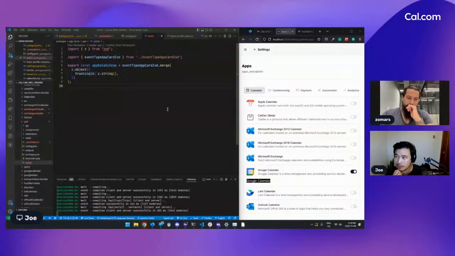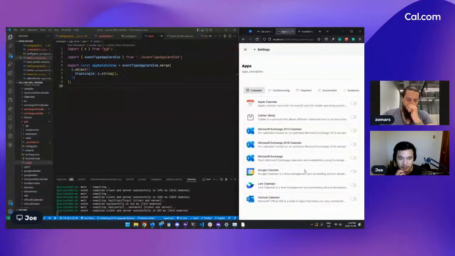But you can see most of our apps have some similarities. Most of them ask you for a client ID and a secret. So I don't know if we can maybe give Google the same treatment,